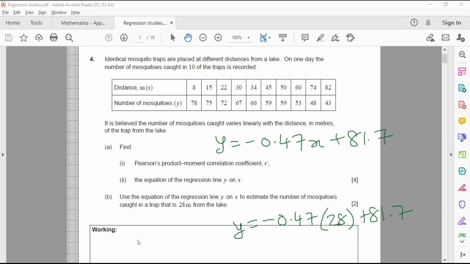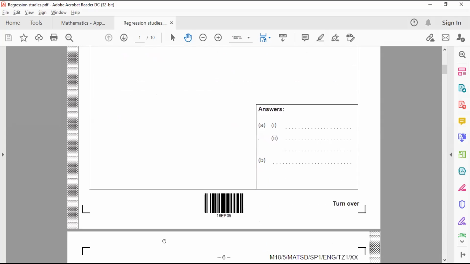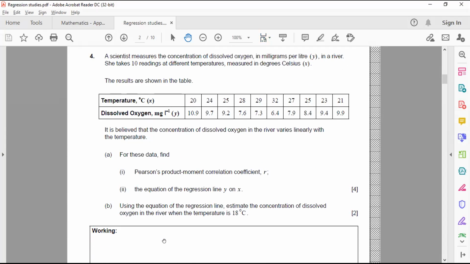Got it? Yes. Now you have to do one question on your own. That is the second question. Fine. If you get this answer on your own, then I'll show you the Spearman correlation, then I'll go to the next concept. Because this is the first concept, that is the Pearson product moment correlation coefficient. You got how to use the calculator now? Yes, sir. Fine.